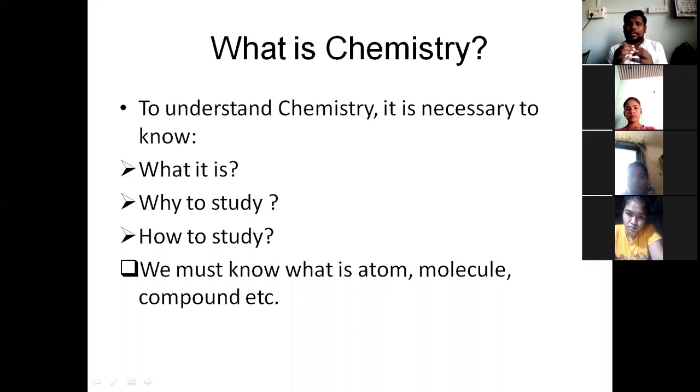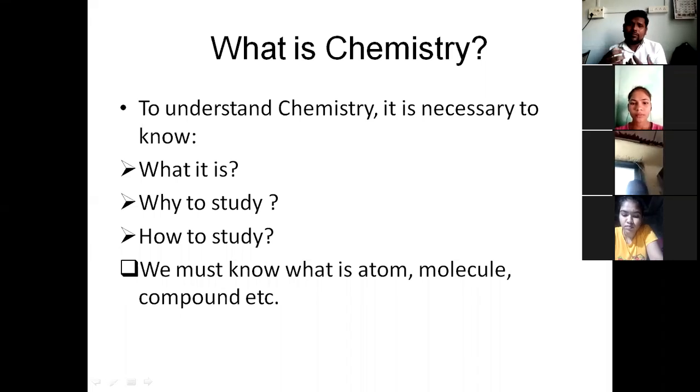ओके, तो ये करने के लिए आपको हर लेक्चर को अटेंड करना होगा, हर कंसेप्ट को अच्छे से पढ़ना होगा. And also you have to apply all these concepts. Okay, also you have to discuss all these concepts with your classmates, in your group, and also with me, and then you will be very prompt, you will be expert in chemistry, definitely, I'm sure.